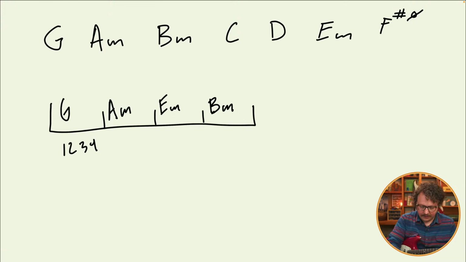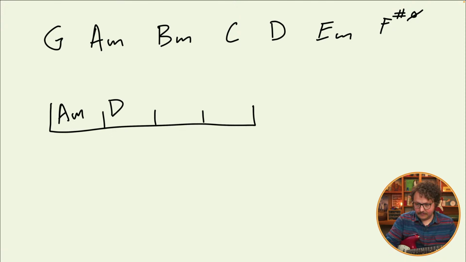But what we got here is, let's erase this one. Let's try a different one. How about we start with A minor, D, let's do E minor, G. Let's see what that sounds like. So we got A minor,